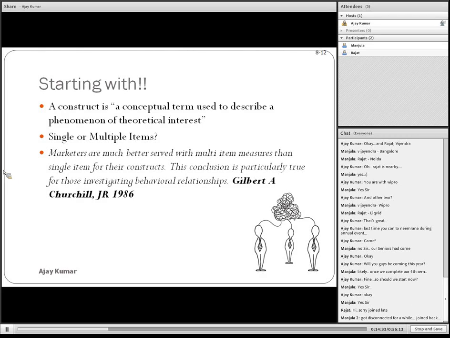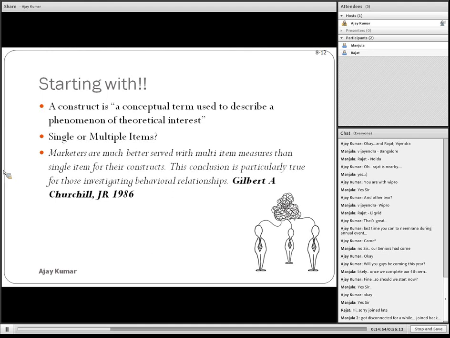And this conclusion is partly true for those investigating behavioral relationships. So we have to have multiple items when we are trying to measure anything. That is what Gilbert Churchill said. And in fact, today when we are trying to understand the method of developing a questionnaire, I have not gone into the books which say that